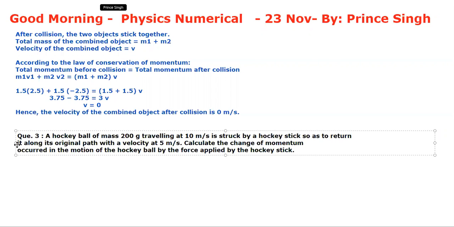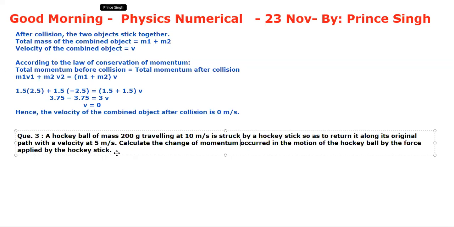So here is the question. A hockey ball of mass 200 gram traveling at 10 meter per second is struck by a hockey stick so as to return it along its original path with velocity 5 meter per second. Calculate the change of momentum occurred in the motion of the hockey ball by the force applied by the hockey stick. So first step,